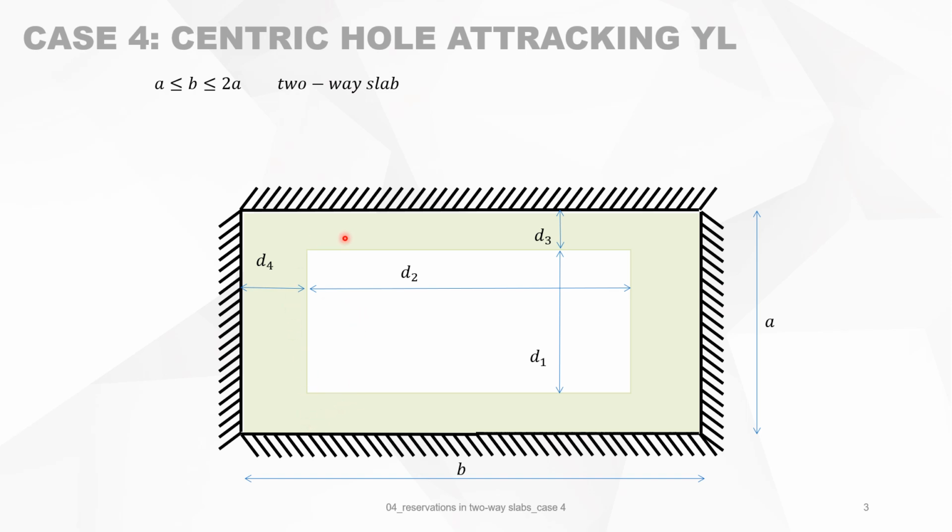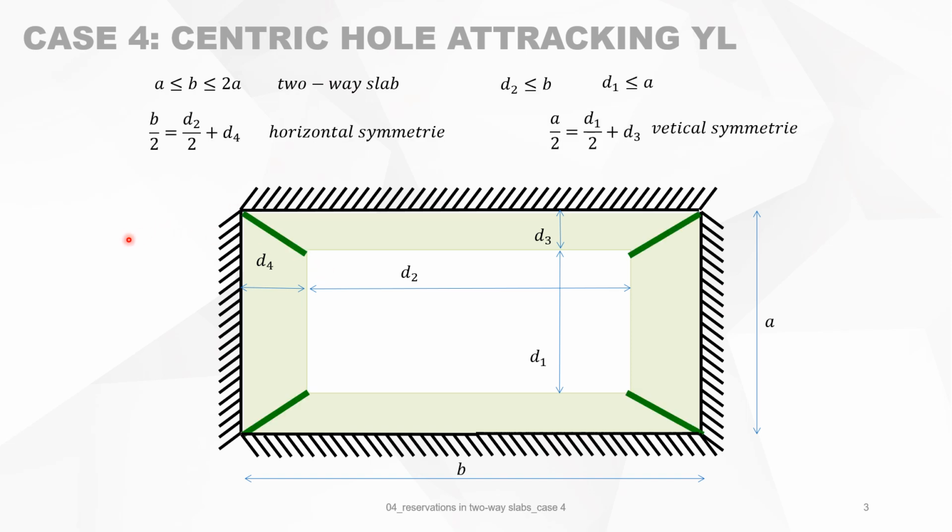Then we make an opening in the slab, but case 4 is a centric hole, which is a hole in the center of the slab, which is attracting the yield lines. So we are not using the yield lines of the slab without the hole, because when this hole is centric, it's most likely that the hole will attract the yield lines. So this means that from this corner where the two rotation axes cross, it will go directly to the corner